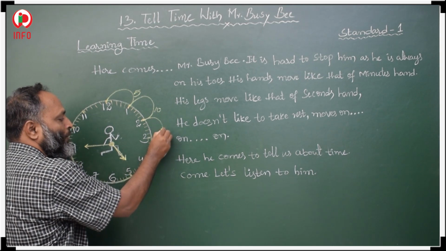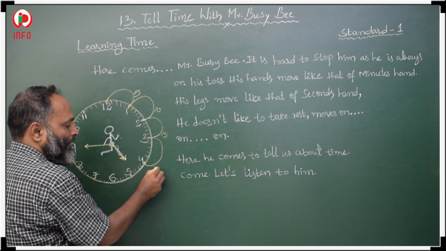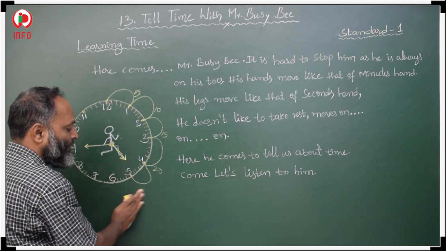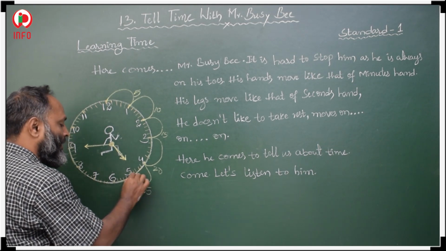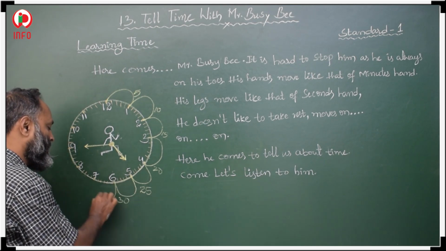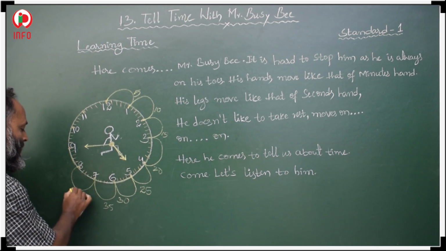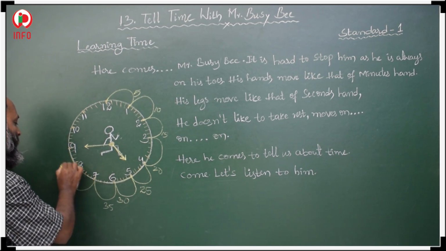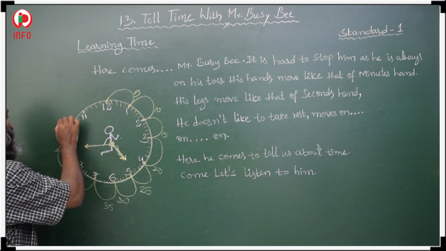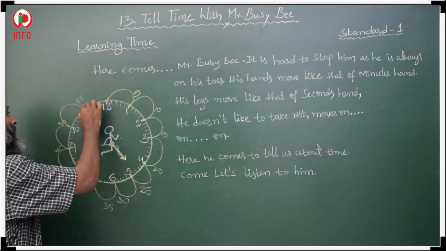Again 2 to 3 is 15 minutes, 3 to 4 is 20 minutes, 4 to 5 is 25 minutes, 5 to 6 is 30 minutes, 6 to 7 is 35 minutes, 7 to 8 is 40 minutes, 8 to 9 is 45 minutes, 9 to 10 is 50 minutes, 10 to 11 is 55 minutes,